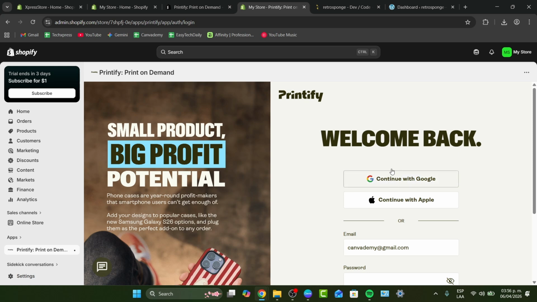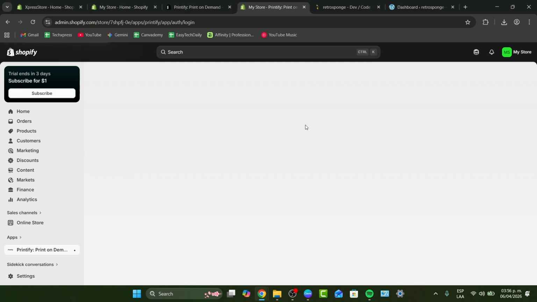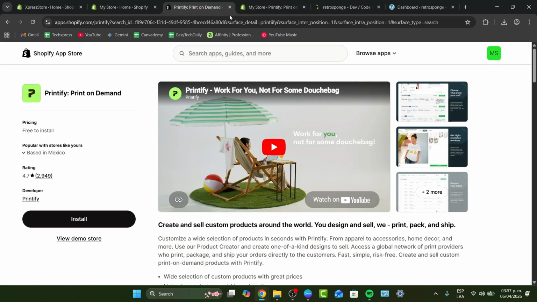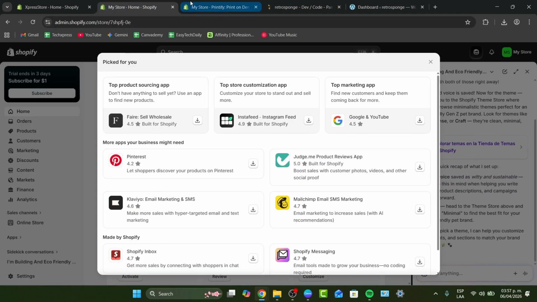So basically what's going to happen here with Printify is that now that I'm signed in directly through my applications, I want to make sure that I do have at least one product in order to sell it directly here in my Shopify. So just wait till the print on demand app has been correctly installed. You have now granted the access, and once you are directly inside of Shopify,